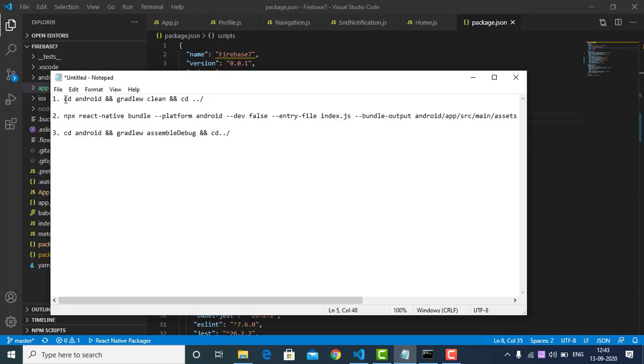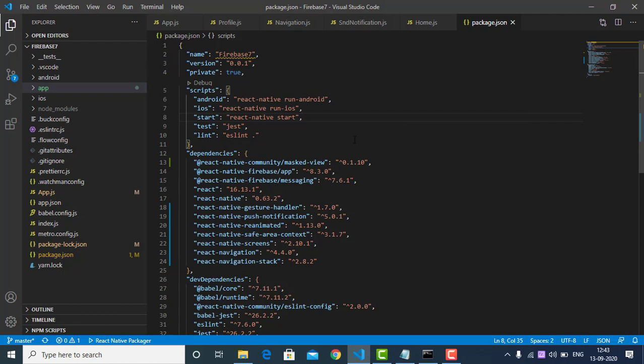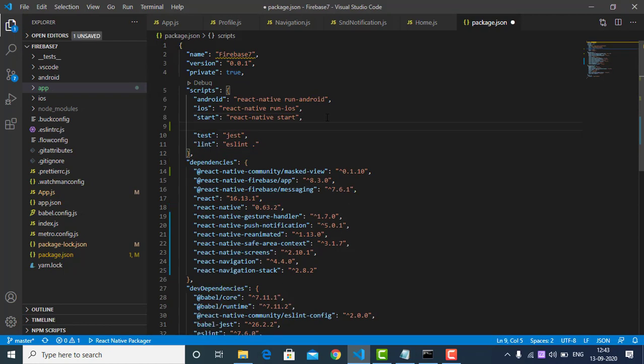First, if we want to clean the Gradle, suppose if you run npm run start, then it will hit this command.